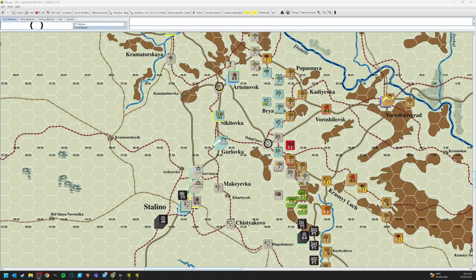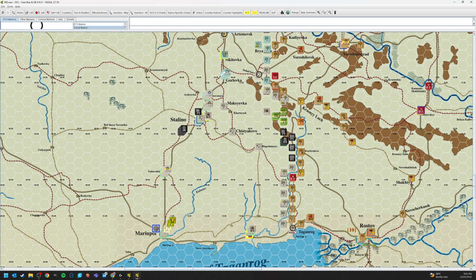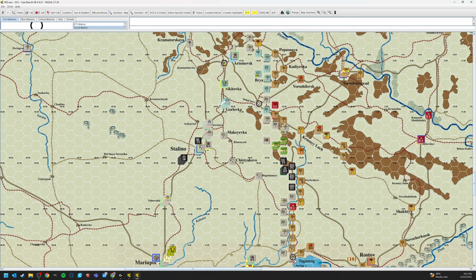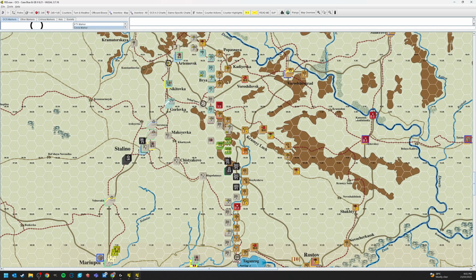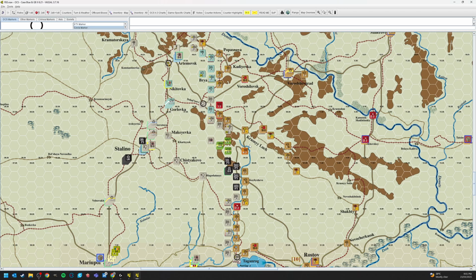G'day folks, welcome to part 3 in this series of opening moves for OCS Case Blue. In this video I'm focusing on the southern area of operations, just, if I can zoom out a bit more, just near Rostov there, west of the Donets River and the Donets River Bend. Looking at the 17th Army area, and